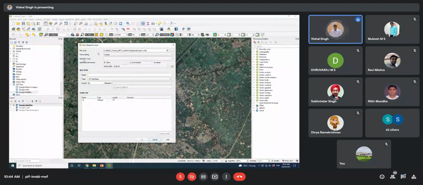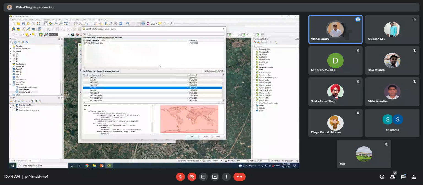Here I am going to select the geometry type as point, because I am going to create a point shape file. Additional dimensions: none. Then we need to put the coordinate system. By default it is taking the geographic coordinate system, but we know we need to provide the projected coordinate system.